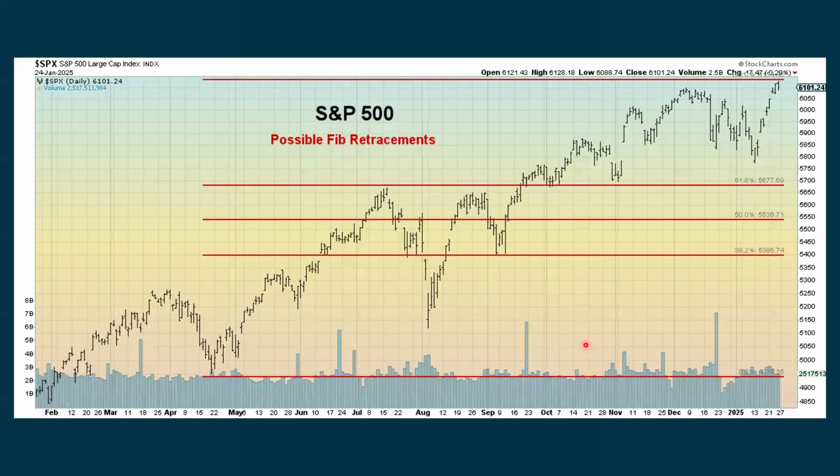Then some support and resistance. I readjusted these when we set the new all-time high here on an intraday basis because we did set a new intraday high on Friday, but then we ended up closing down. The closing high was set on Thursday, and so they're not exact here because I have to eyeball this,